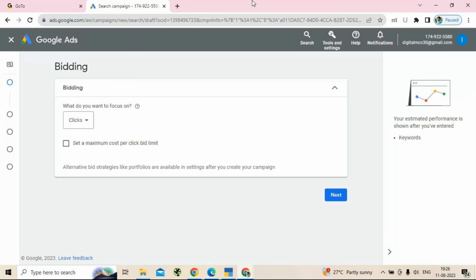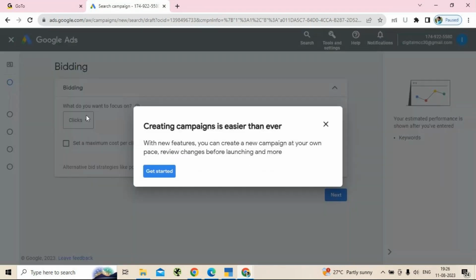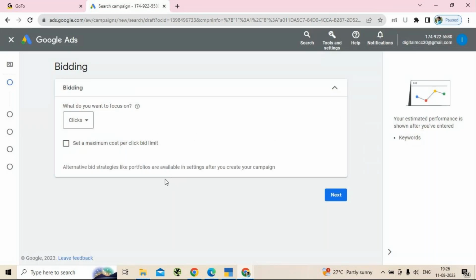So now here you can see the options. It has been generated as bidding option. That means when you are going to create Google ads, or any ads, either on Google or on Bing or any other platform, it is on a chargeable basis. Now you have to decide, whatever money you are going to spend for that ad, how it has to be measured and charged to you. Is it that they are going to just take any kind of money from you and charge you a fixed amount?